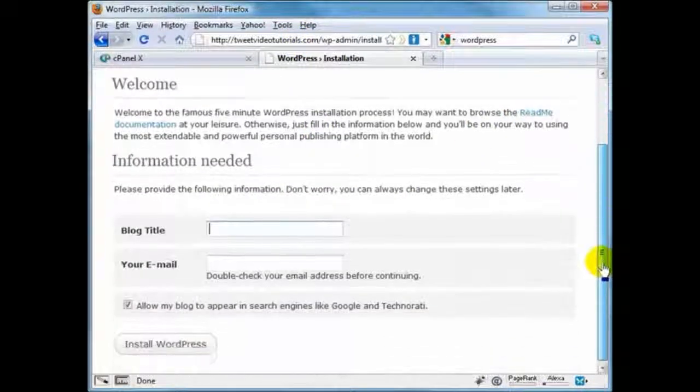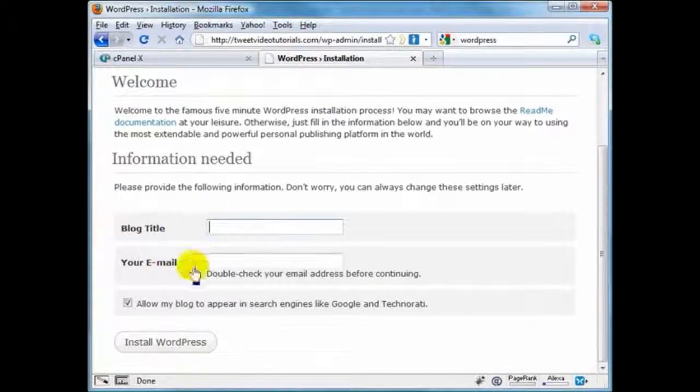Now then, we just go ahead and give it a title and an email. And again, this is stuff as we had gone over in the auto install process that can also be changed or edited or added once we've got everything installed and you're inside the dashboard. But just for the sake of now, we're going to go ahead and put in my title and, well, it needs to be an actual email address. Email at